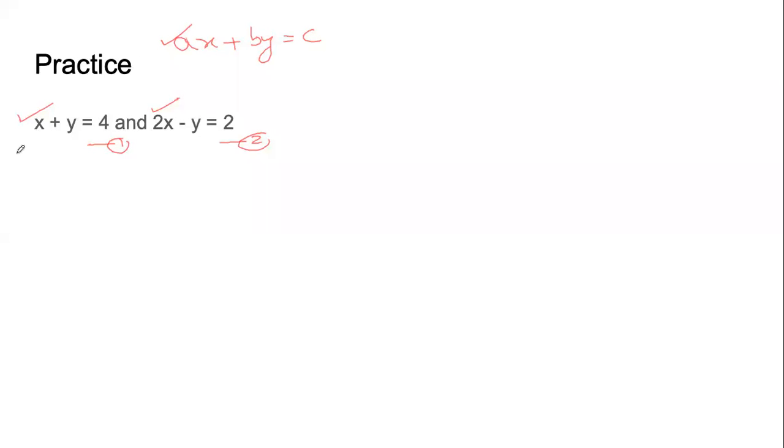So what we will do, we will say from equation 1, we will try to write x in terms of y. What is given to us? x plus y equals 4. So we will try to write x in terms of other things. So we will move y from left hand side to the right hand side. 4 is already on the RHS. y moves from the left hand side to right hand side. So plus y becomes minus y.